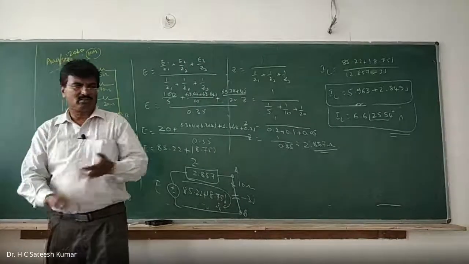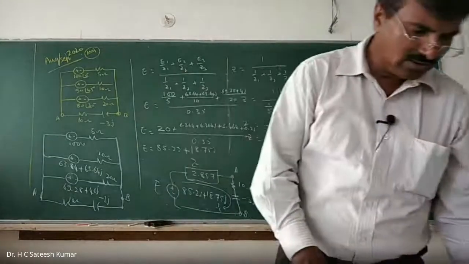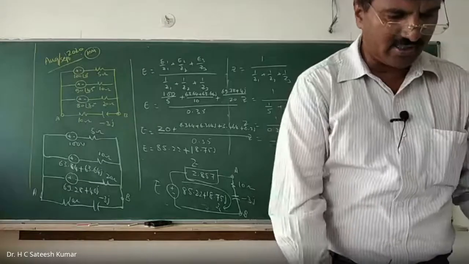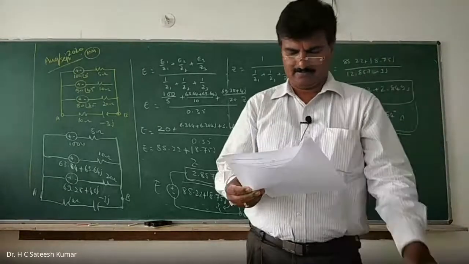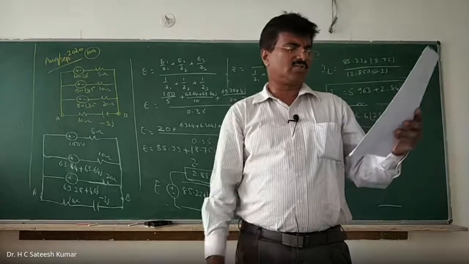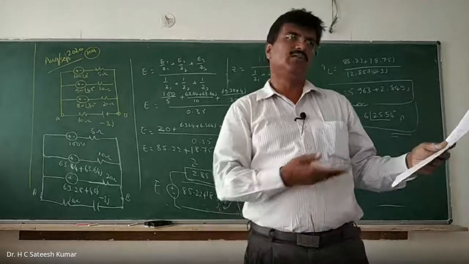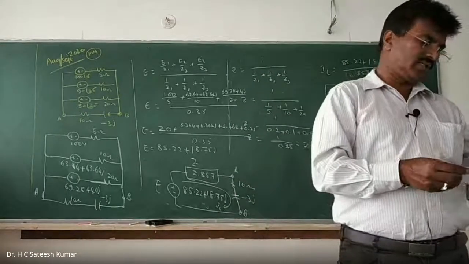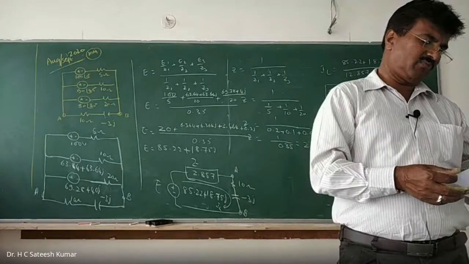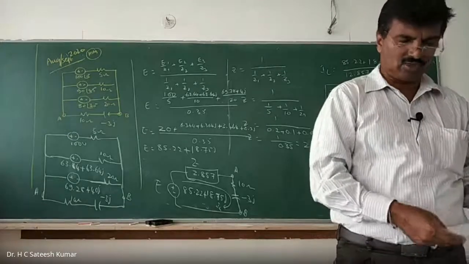Now let me see if any other problems are there. Next, July 2019, I'll check it out. Okay, right. Here the question is: state and prove Millman's theorem with an example, 10 marks. Whatever I did, take an example and prove it. The statement I also gave in the beginning. The statement you should give too. Statement will fetch you 2 marks, my proof will fetch you 8 marks. That is from July 2019.